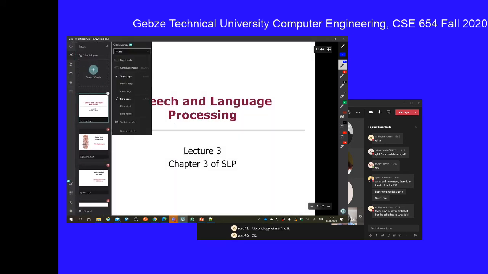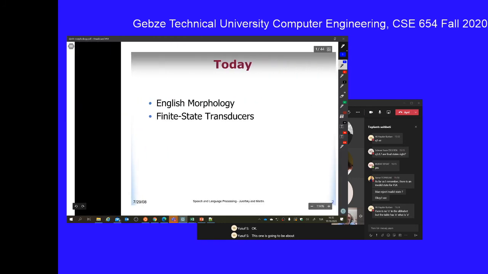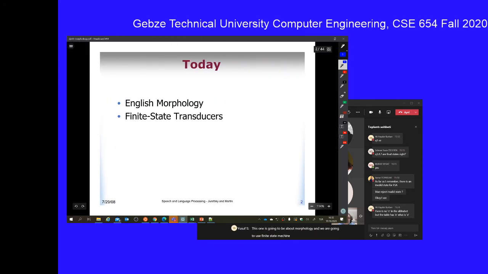This one is going to be about morphology, and we are going to use finite state machines to do the morphology. It says that we are going to talk mostly about English morphology, but I am going to introduce concepts from Turkish morphology too, and we're going to look at a few papers. In fact, let me give you a paper so that you read that paper